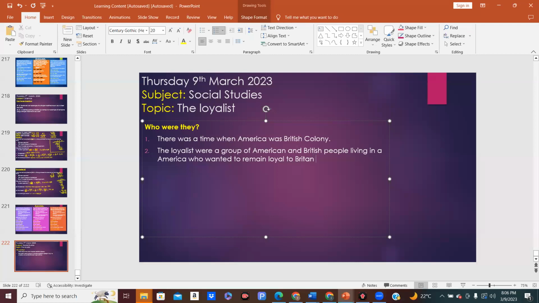So they were a group of American and British people. They wanted to remain loyal to Britain. Now, if you were living at that time,